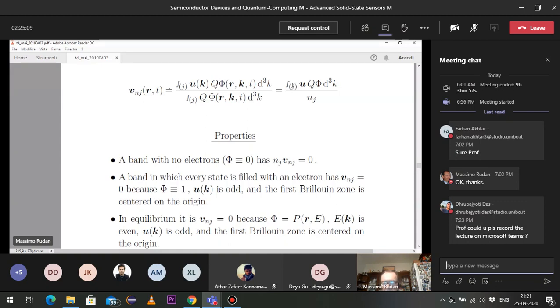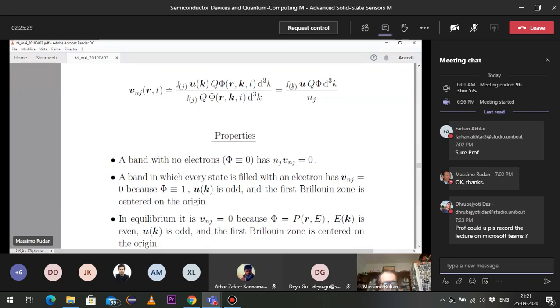So a band that is empty cannot have any flux. And this is obvious because there are no electrons. A band that is completely filled with electrons also cannot have any flux